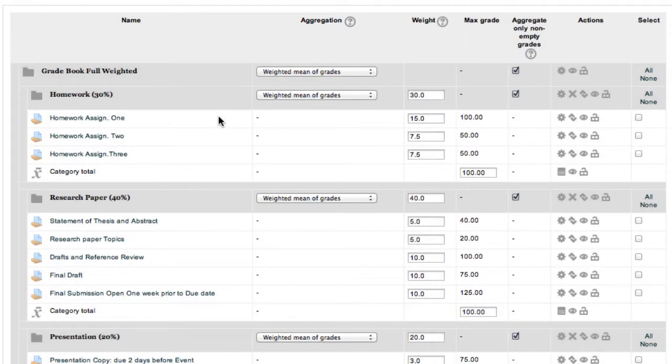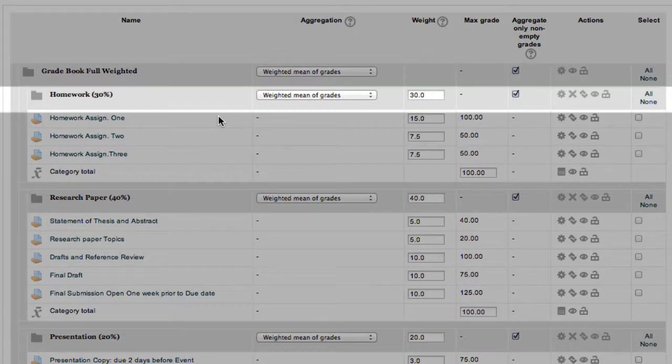Now, in our last version, we had the top section as weighted, and the other sections were all simple weighted. What we gain by full weighted means of grades, we still have homework worth 30%, as we see here in the right-hand area with the 30% in the weight column entered.